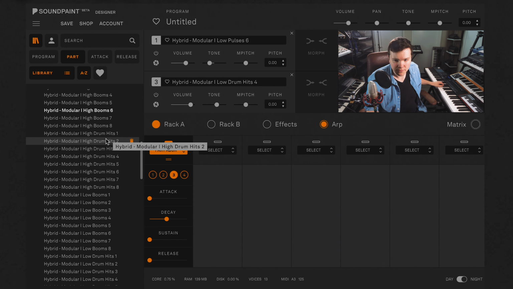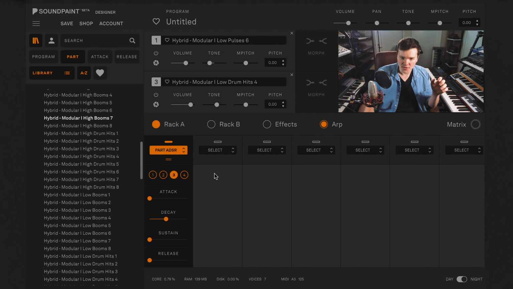Let's try 7. 8. 7 the most because it's kind of like a thinner, it's almost like a pulse wave sound to me. It's a little thinner, it's a little whinier, and I'm thinking